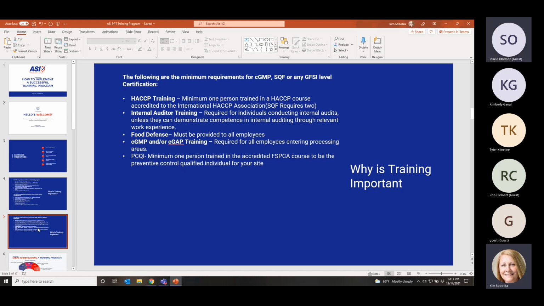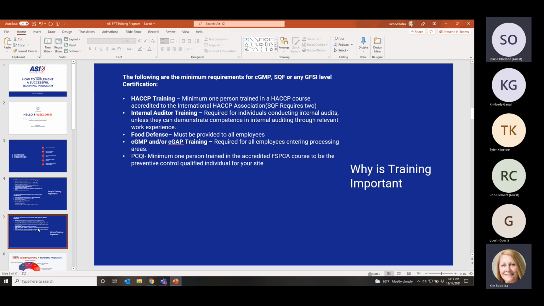And then last, PCQI, that's the Preventive Control Qualified Individual. That is an FDA mandate. If you guys remember, it's been a full 10 years ago now that the Food Safety Modernization Act went into play. PCQI is very similar to the HACCP training that we talked about above. And as a matter of fact, in PCQI training, they do cover the 7 principles of HACCP, but the PCQI training and certificate does not satisfy a third party or second party audit.